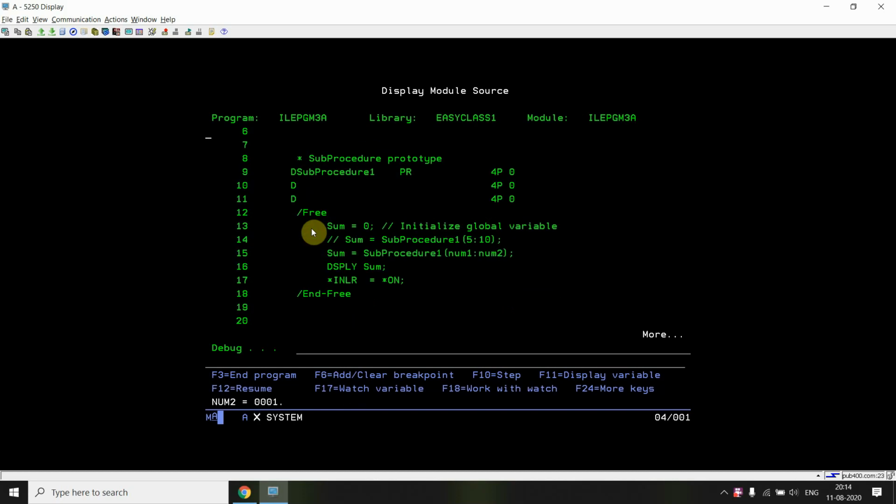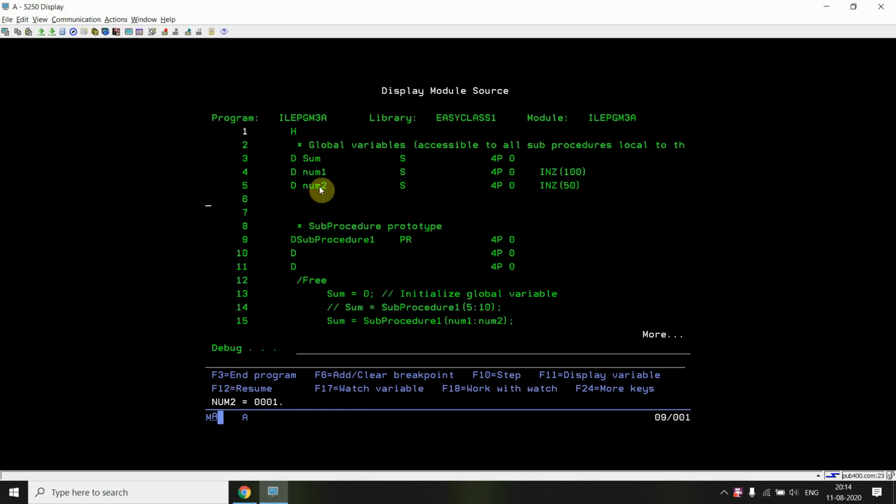Since we are using the call by reference approach, we are basically passing the address. I'm not passing the address myself, the system internally passes the address when we pass the variables here. So we can see that num1 will be 1 and num2 will be 1 because we pass the address and the value is changed at that address.